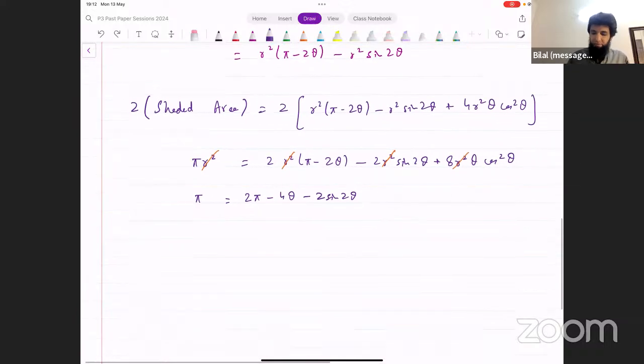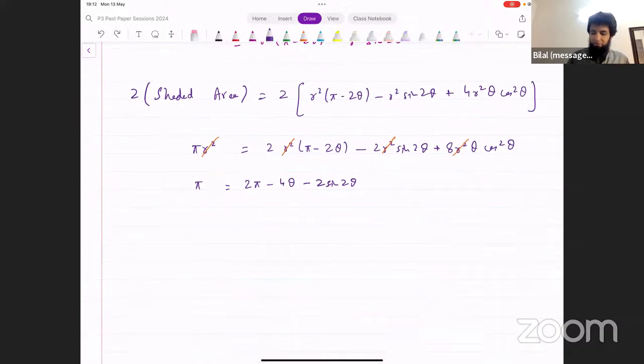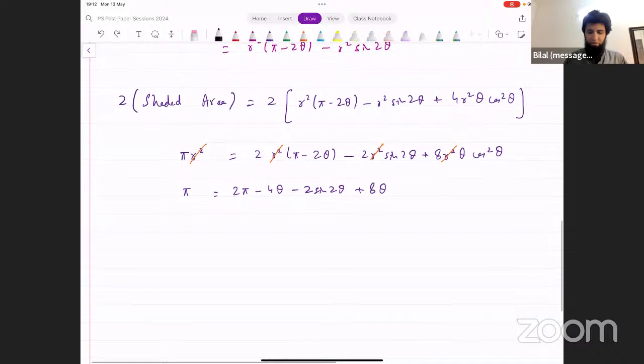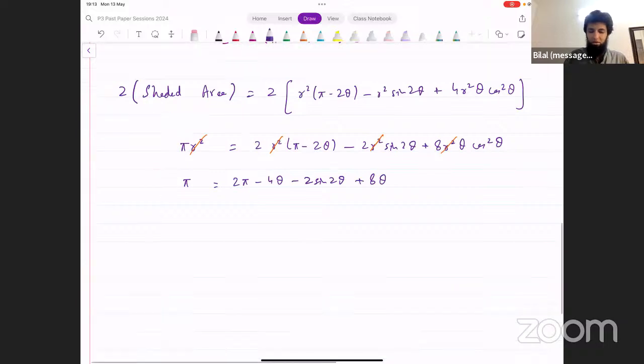Okay, so we have pi equals 2 pi minus 4 theta minus 2 sine 2 theta plus 8 theta into cos square theta. Now, since we want cos 2 theta, you need to think of that identity. No, we had to equate 2 times shaded area with pi r square. That's why I wrote that there. Okay, now